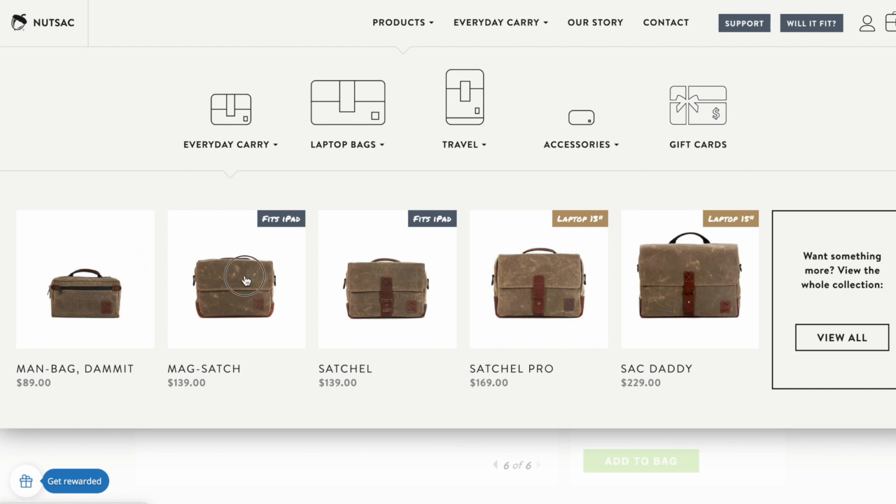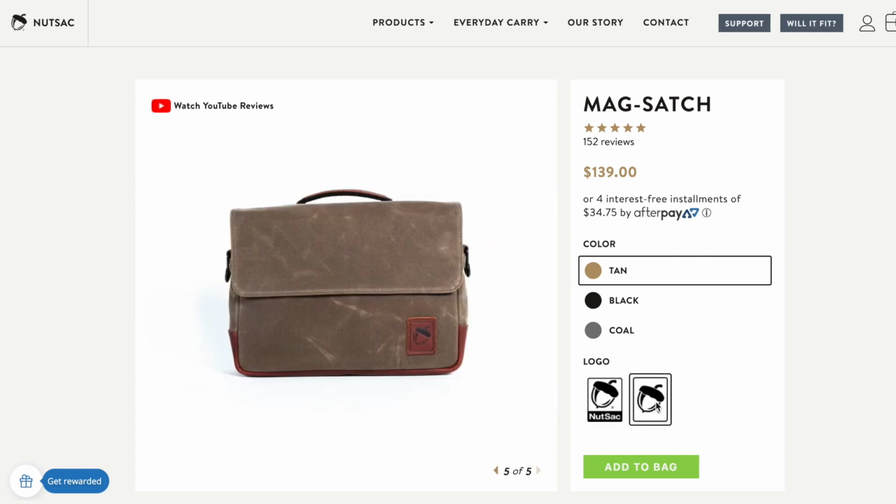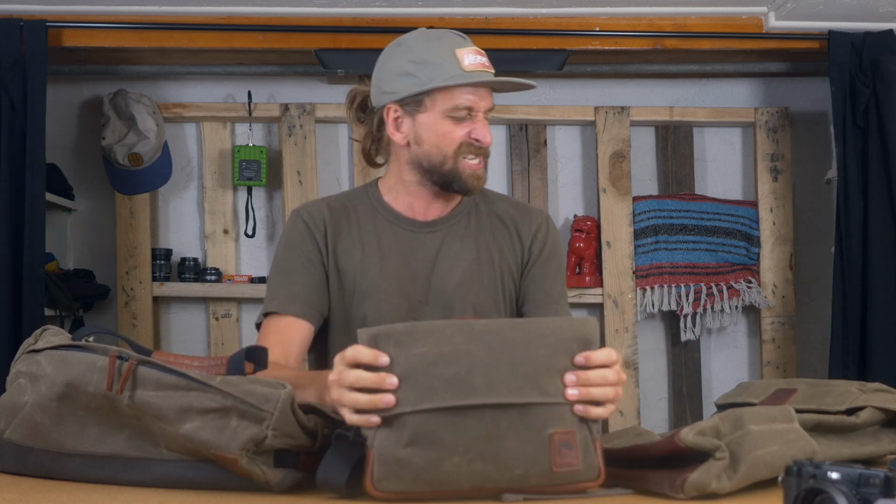But here's the deal. They recently changed it, so on the logo you can choose whether it says Nutsack or not. That changed everything for me, because their logo is just a nice little acorn. Because here's the deal, American made and lots of really, really good feeling materials. The wax canvas is like,